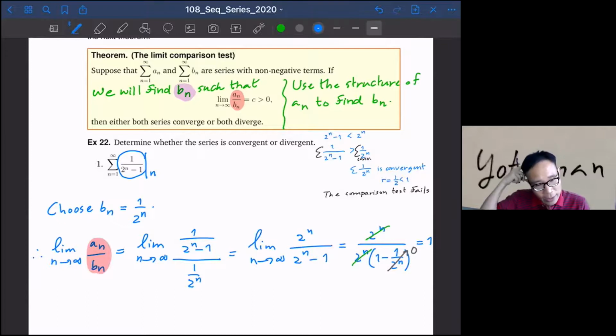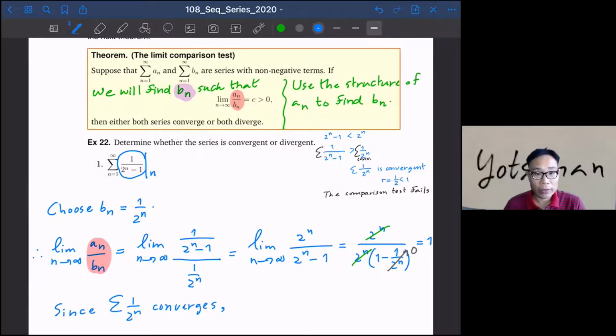And the thing that you are able to conclude is that since the series Bn, the series 1 over 2 to the n, converges,